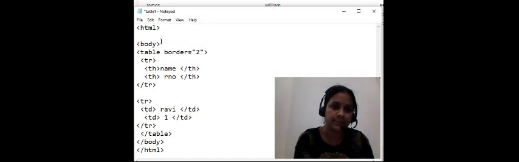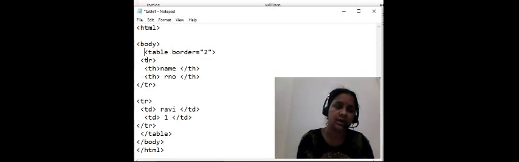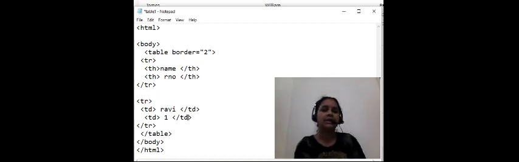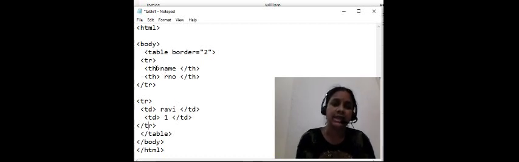In the HTML program I created a table with border is equal to 2. How many rows I created here? 2 rows. Means here starting tr ending tr, starting tr ending tr. ఓకే హెడ్డింగ్ ఎప్పుడు 1 ఒకటే హెడ్డింగ్ ఉంటుంది. డేటా ఎన్నైనా యూజ్ చేసుకోవచ్చు. టీహెచ్ స్టార్టింగ్ టీహెచ్ ఎండింగ్ టీహెచ్ మధ్యలో నేమ్ ఏంటి. నేమ్ ఇస్ అ హెడ్డింగ్. స్టార్టింగ్ టీహెచ్ ఎండింగ్ టీహెచ్ మధ్యలో